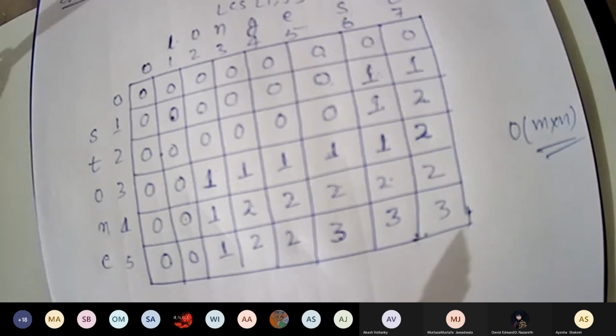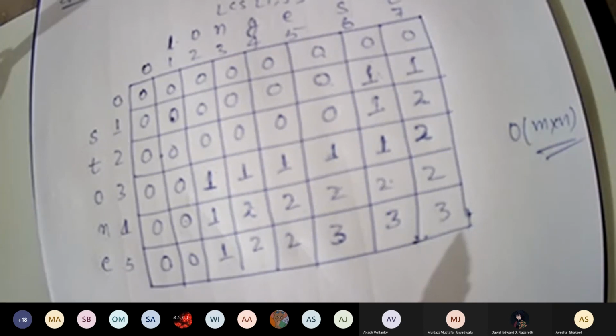Those who are doing, check. Mohit, check it here. Any confusion here now? You are saying you are stuck.